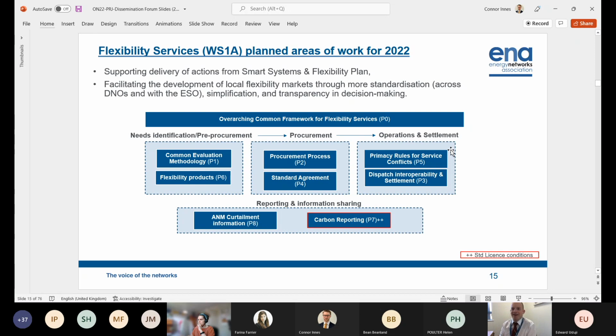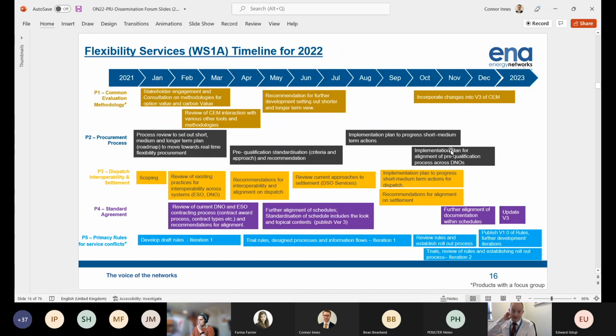Good. On the next slide, we have the flexibility services timeline. So we clearly have a very large program, and what we've tried to do is spread out